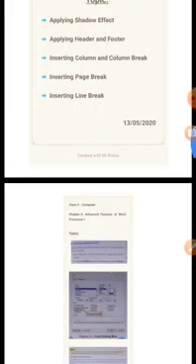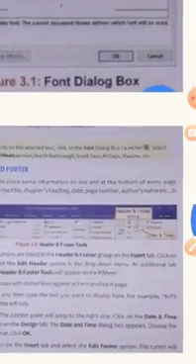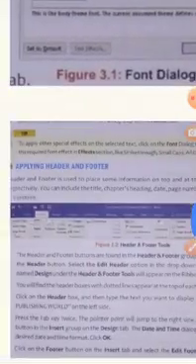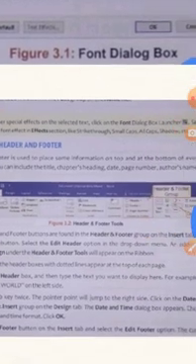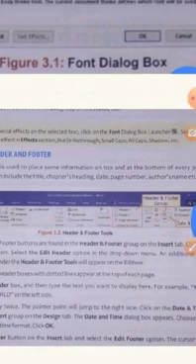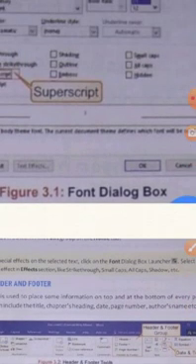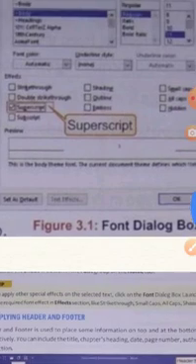Then we have the next topic, to apply other special effects on the selected text. Click on the font dialog box. Like last time we learned how to use superscript and subscript, same way you can open the font dialog box and you can select the required font effect, like strikethrough, shading.